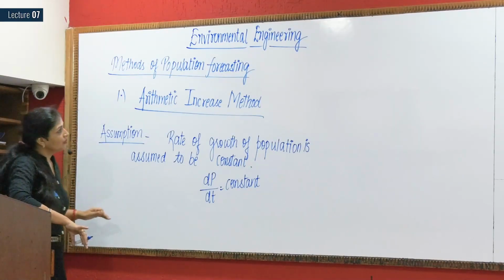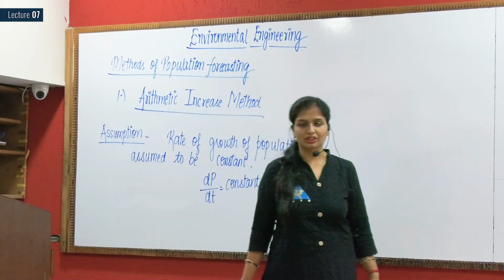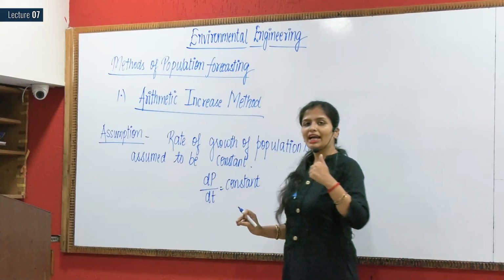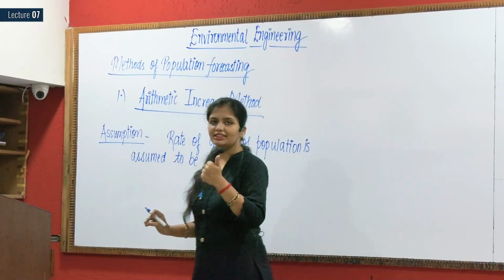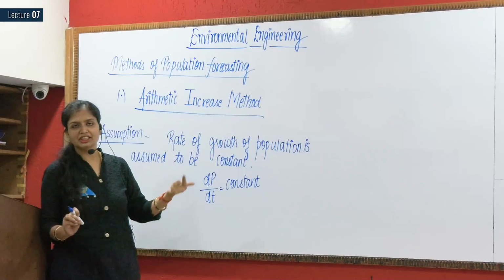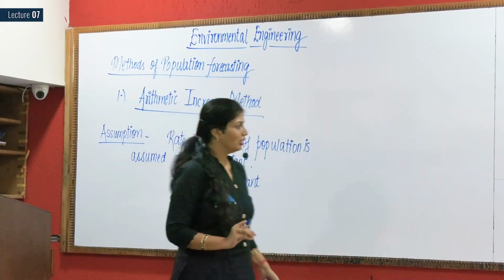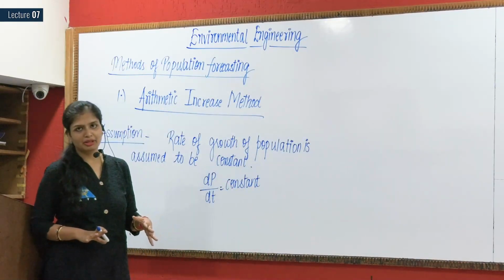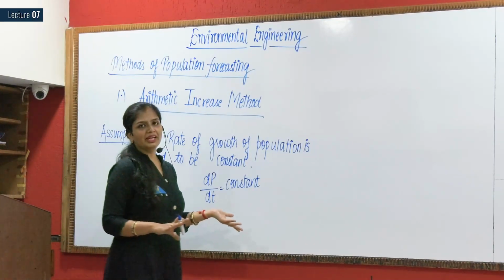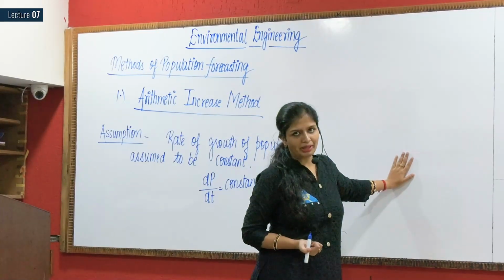First thing. Now, what do you do in the arithmetic increase method to calculate the population? First, you will be given the population for different years. You will calculate the average increase in population, and then you will add that average increase to the population which has been asked. Fine. Now, if I told you this in statement form, many of you would not be able to understand, so I will make a tabular chart, an example, and then you will be able to connect with me in a better format.